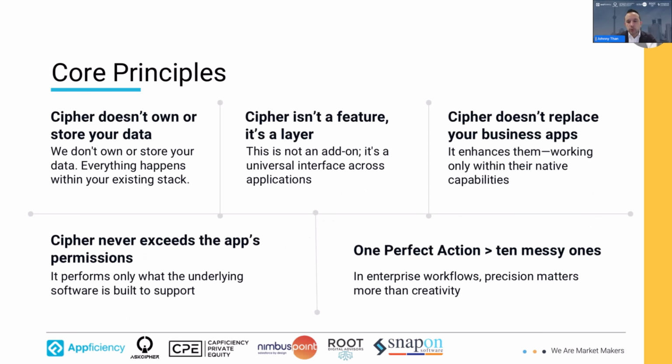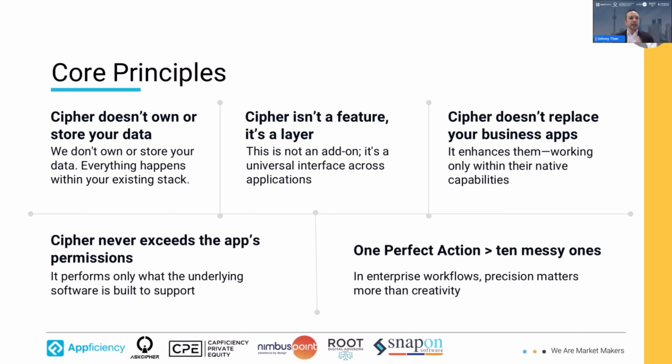Now, some core principles of a layer, not just Ask Cipher, but absolutely this is true for ours as well. Cipher doesn't own or store your data. The layer cannot own the data. The minute the layer owns the data, it's just another app, and it needs its own AI, and its own agentic capability, on and on and on. The minute you own the data, you're no longer a layer. So we don't own or store your data. It's strictly used to execute the action you want to do, and then it's, for all intents and purposes, forgotten, except for context if you want to come back to it in the future.